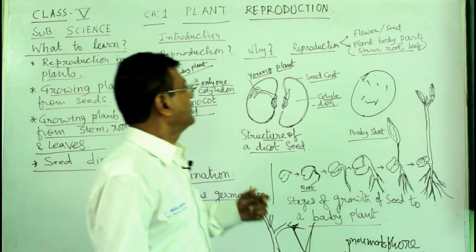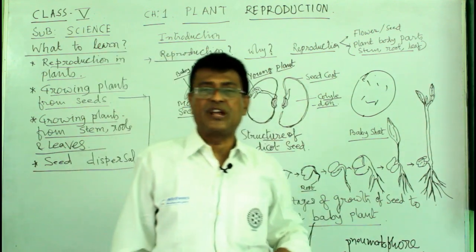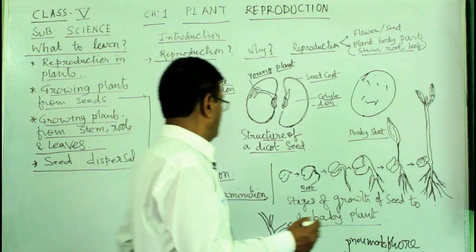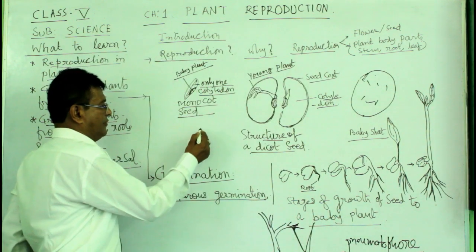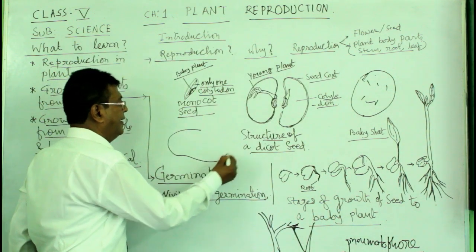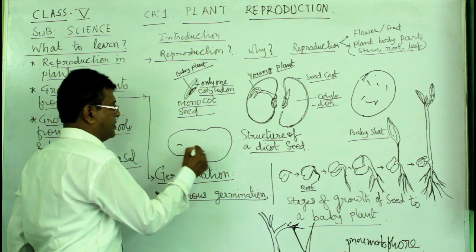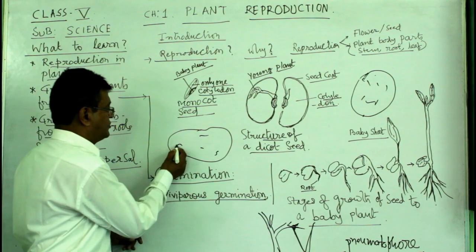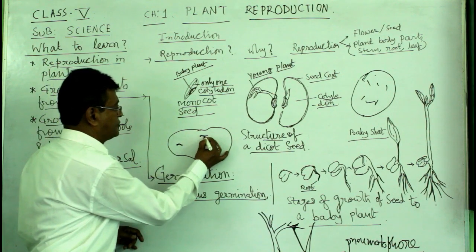You see, there are underground stems, like potato. You have seen a potato. I am drawing it over here, please look at it. This is a potato, this is a special potato. And these are, children, you see,